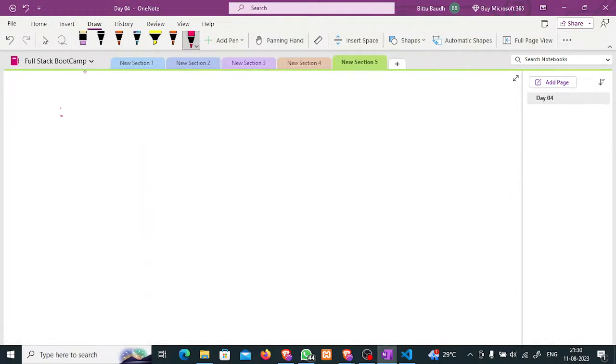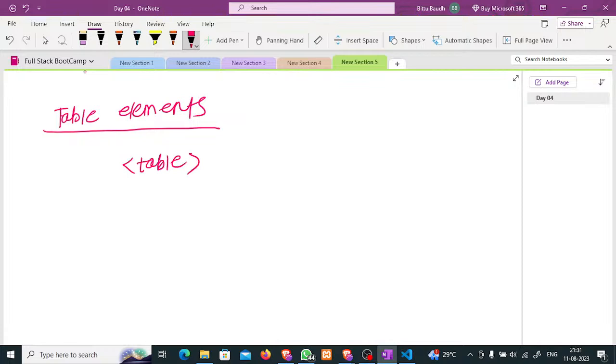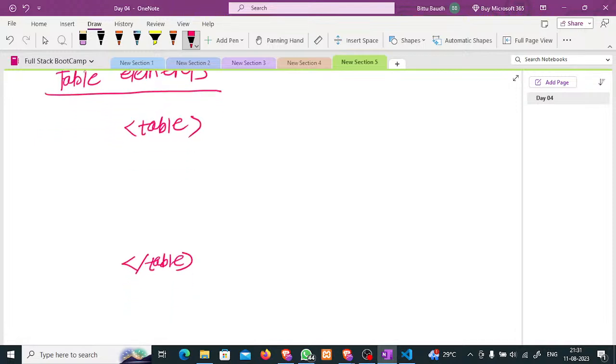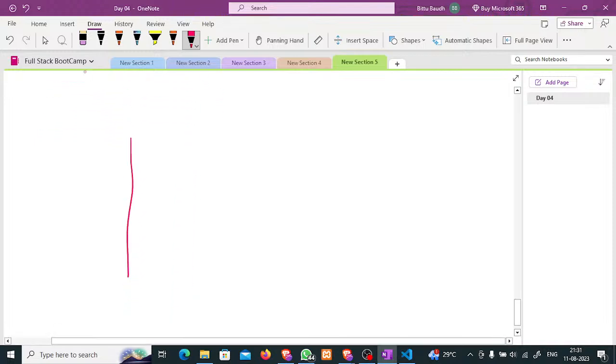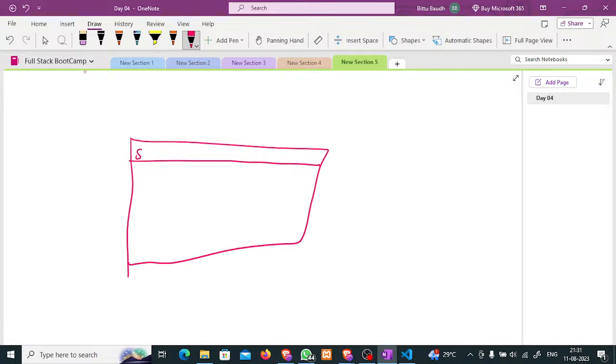So if you want to create a table, firstly you have to start a table element tag, which is table, and you will enclose it. Now inside the table element, we generally have two things. First is the table heading. When you have a table, firstly you have a table heading, like serial number, roll number,